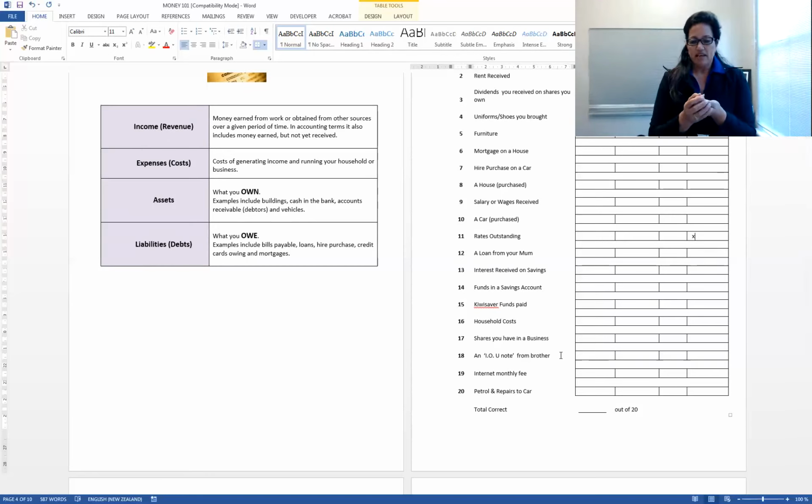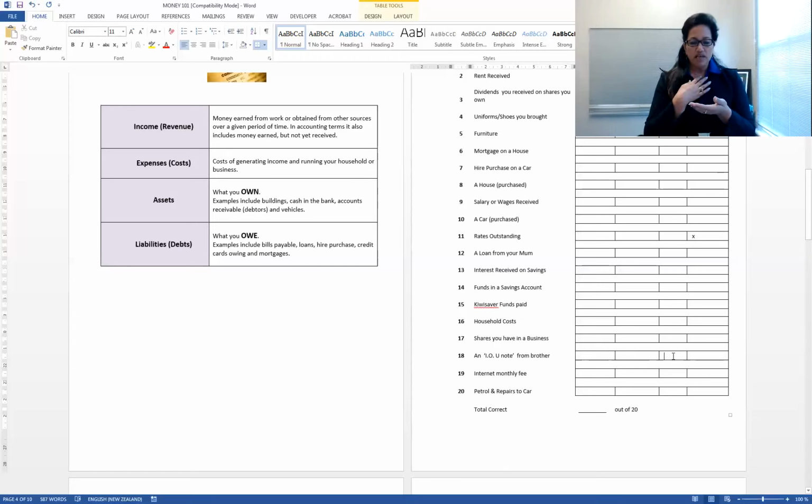owes us some money. So I may have on a piece of paper saying that he owes me $100. But to me, what does that mean? We're looking at it from my perspective. To me, that means I own $100, but to my brother, it means that he owes me $100. So given that we're trying to identify what it is relating to me, the answer for number 18, which is an IOU note from my brother, is that